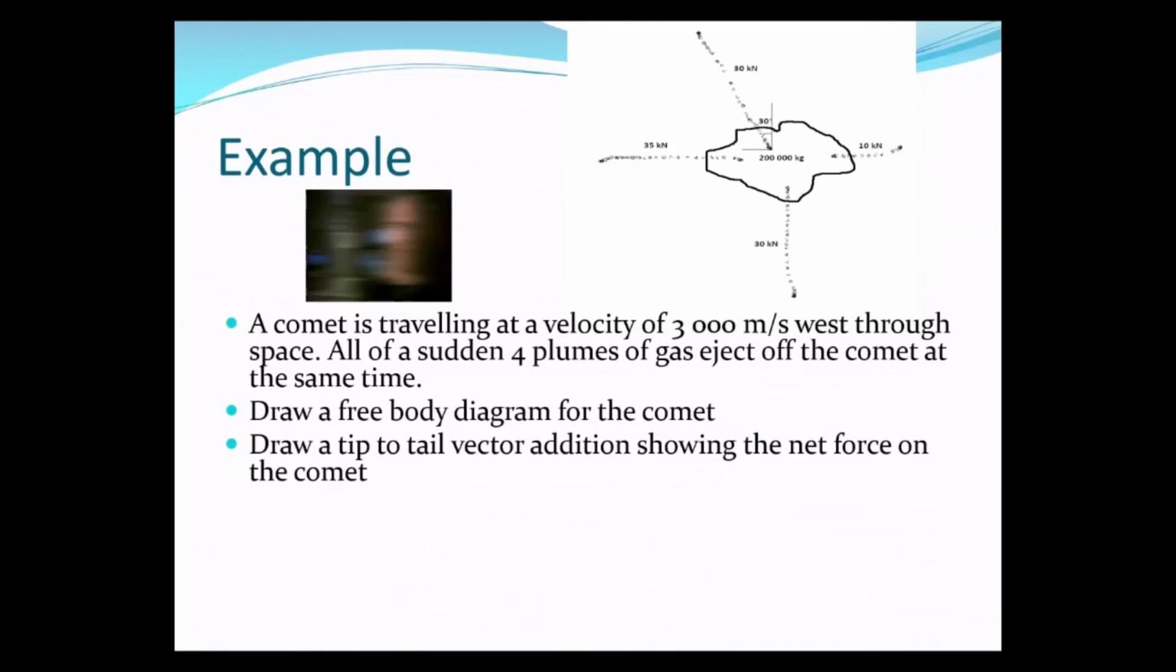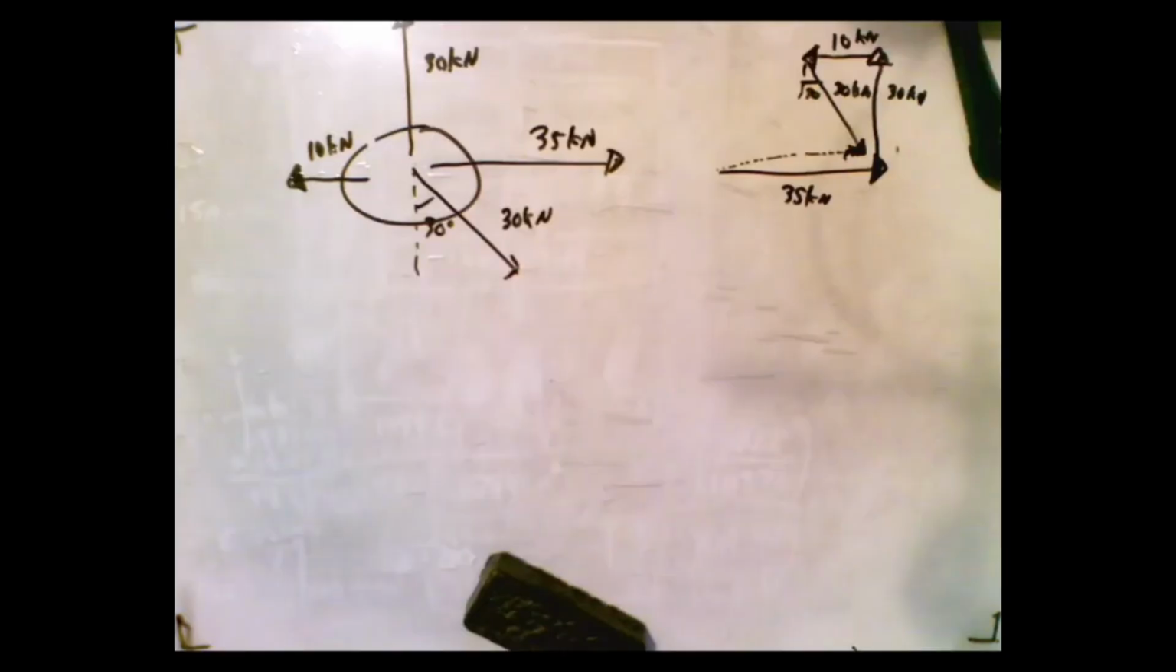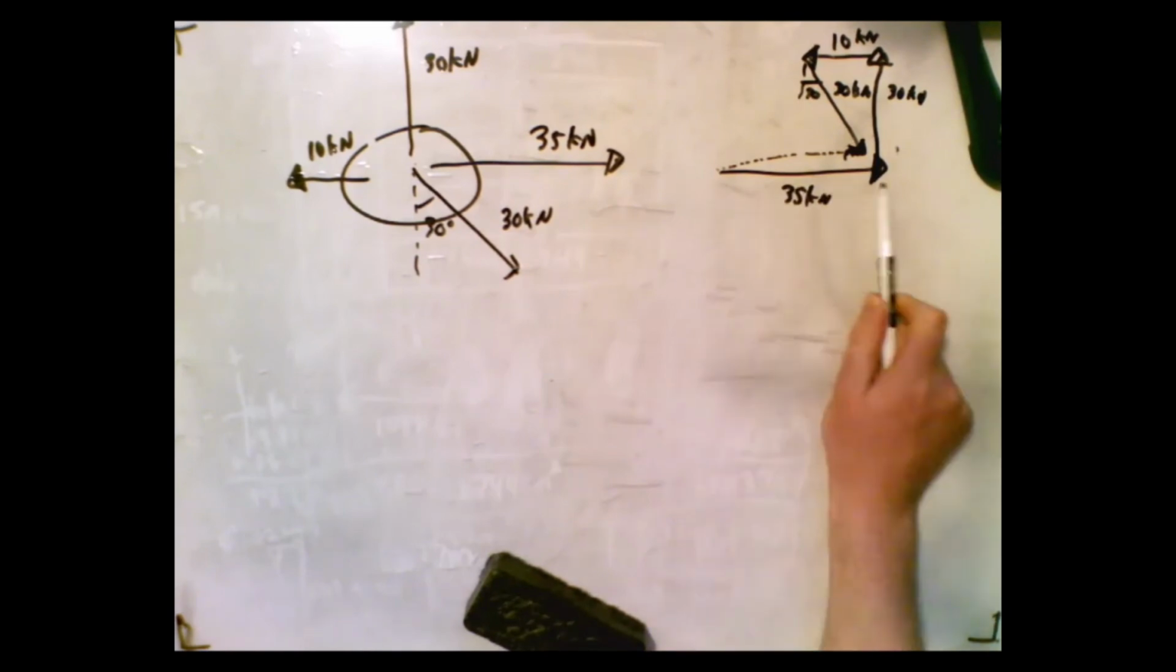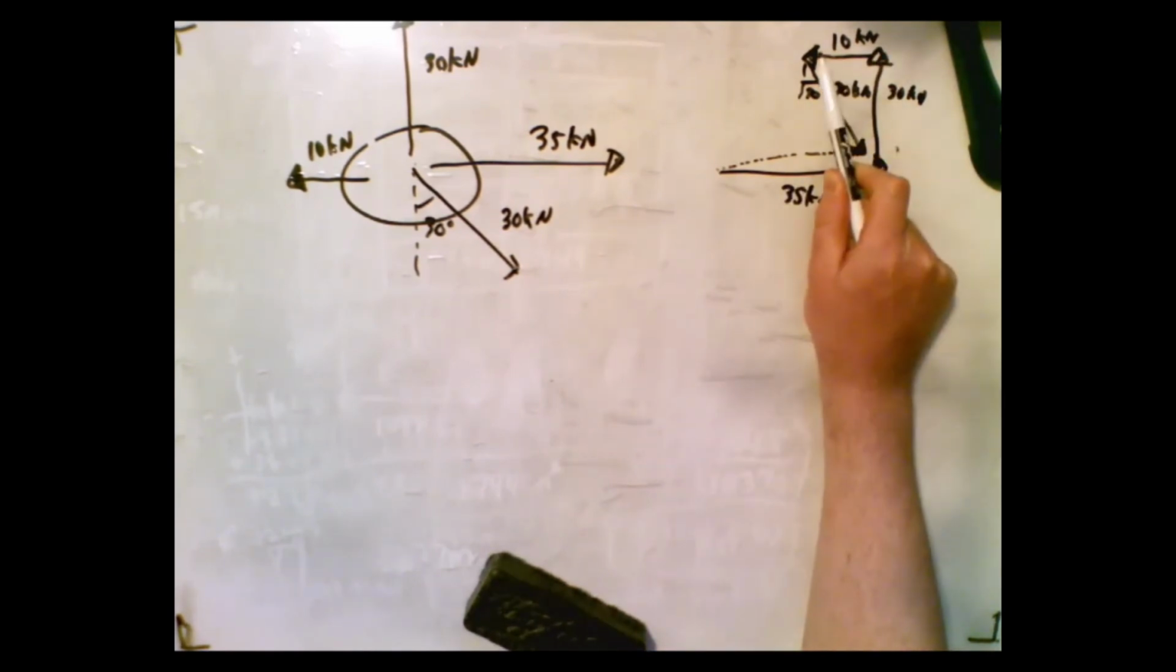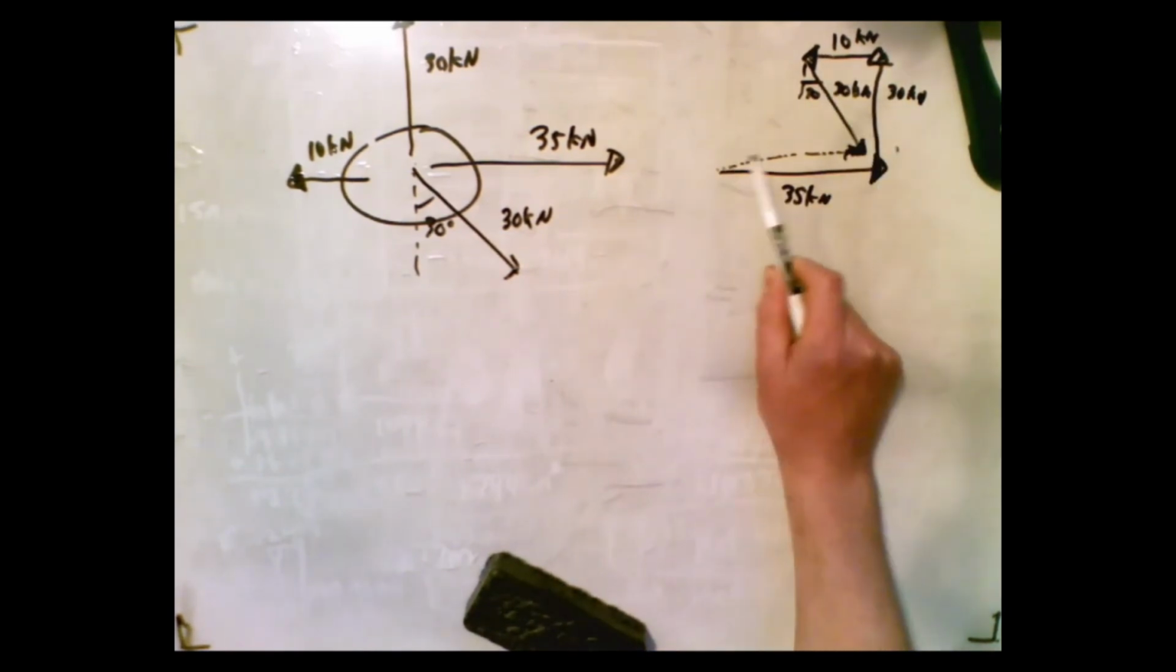And then I have 10 kilonewtons going that way, and then my last one is 30 kilonewtons like that, going at an angle of 30 degrees. So my resultant is going to be this. Oh shoot, I forgot to switch my camera, sorry. So I drew my 35, and then my 30, and then my 10, and then my 30. So this is my resultant